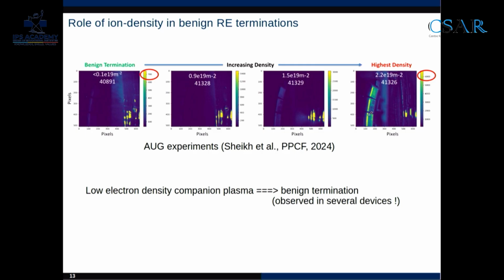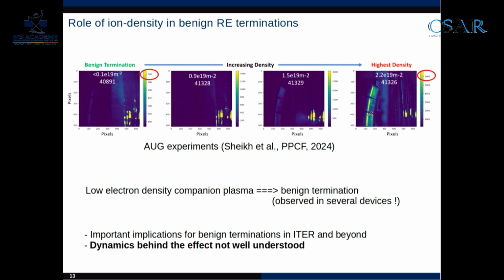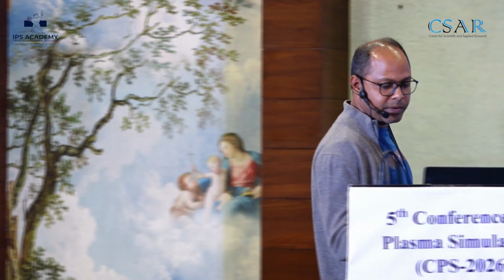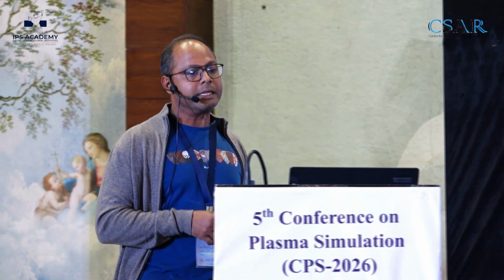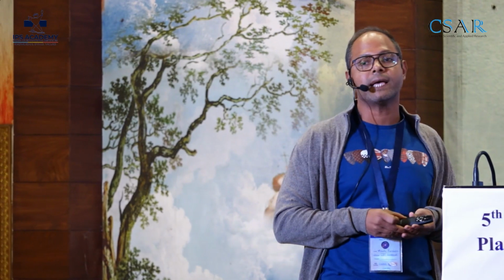And this is not just unique to Aztec subgrade, it is seen in a number of other devices as well. So this is quite important in the context that this can in fact be a recipe. If we can understand this well, this can be used as a recipe for benign terminations in ITER, but the dynamics of why this is happening is much less understood. So experimentalists and theorists have not much idea on why this is happening, but if they use this recipe, they are getting benign terminations. So we are currently trying to look at this problem with respect to the Aztec subgrade,